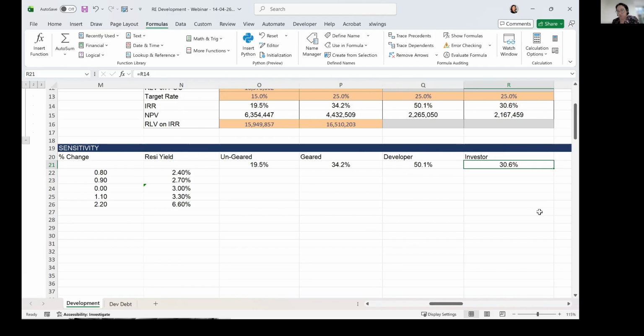In this model, we also have the promote structure. So we're going to have a profit share that is more profitable for the developer given the target IRRs. That's why there is a difference between IRRs for the developer and the investor. Okay, and then what we're going to do here. So this is the yield. What we're going to do here is that